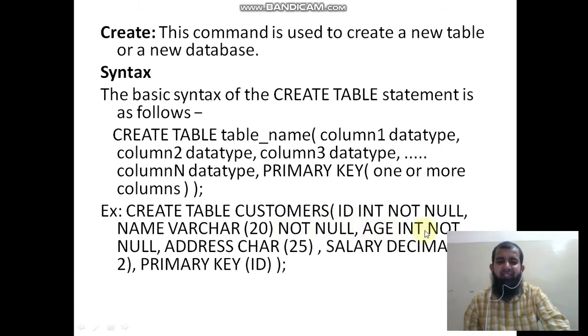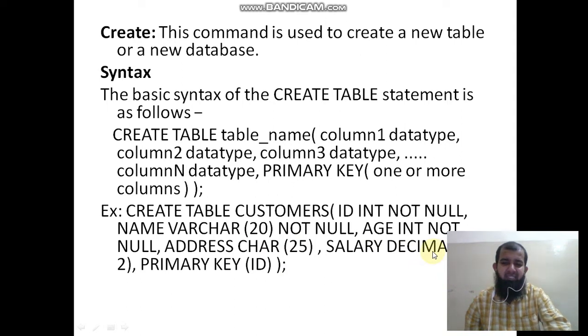Age int, or you can write number also. Not null, so age is also not null. You must enter the age value. Address, character, or you can write varchar also, or char also. Size is 25, so you can write a maximum of 25 letters. Then comma, salary decimal, or you can write number also.